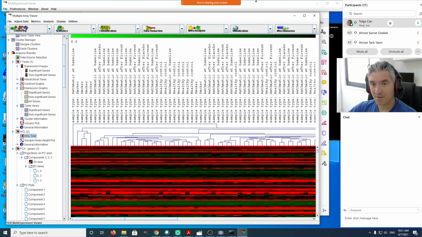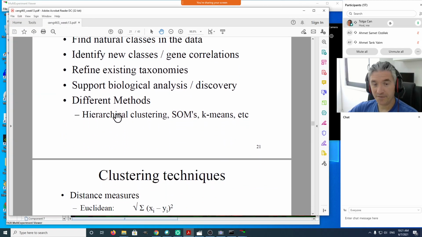Clustering the samples, we may see natural groupings within the samples. The same as with the genes too. Okay, we may see similar behaving genes. And there are different methods. We have seen, for example, hierarchical clustering, the neighbor joining method, and UPGMA method we have learned in phylogenetic tree construction are examples of hierarchical clustering methods. So I'm not going to show you another hierarchical clustering method here, but we're going to talk about self-organizing maps